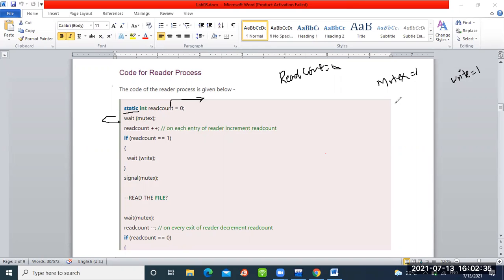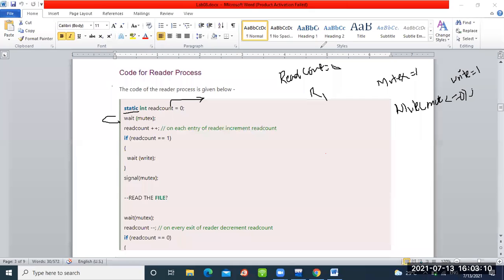It will check while. Now पहले क्या check करेगा वो? Now I am calling the wait function, so it will check while mutex is less than or equal to 0. Suppose first reader is coming, suppose I am saying first reader is executing, R1. सबसे पहले read count equal to 0 किए, फिर हम लोग wait of mutex को कॉल कर रहे हैं. mutex का वैल्यू चेक करेंगे. हम लोग क्या करेंगे, सबसे पहले हम लोग ये कंडीशन चेक करेंगे क्योंकि wait का फंक्शन क्या था. We have to check this condition: while mutex is less than or equal to 0.